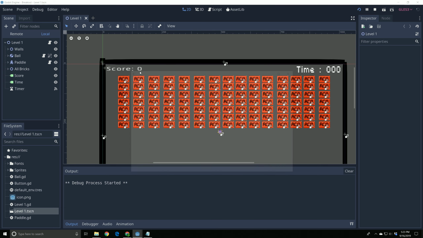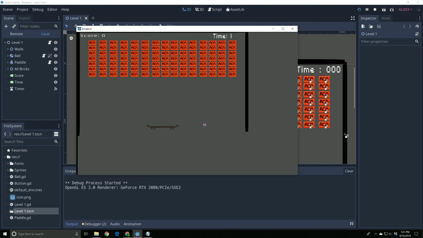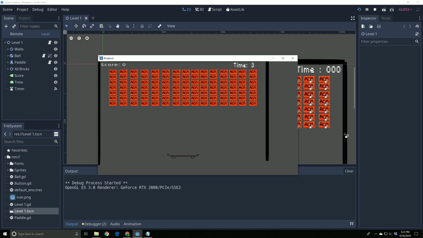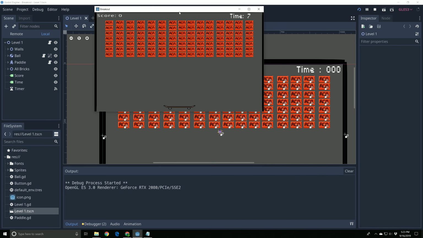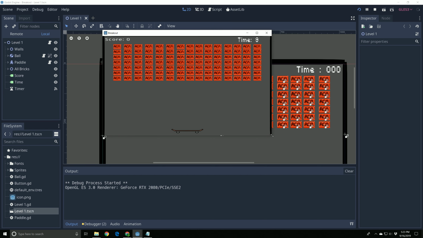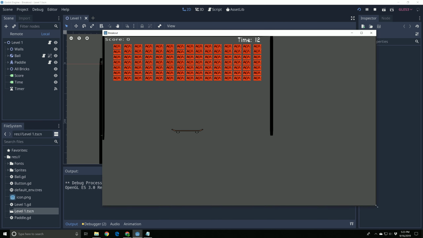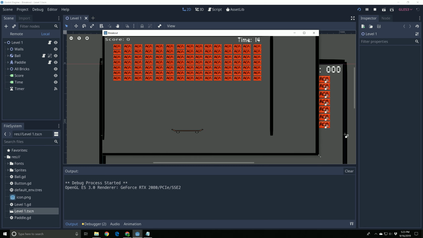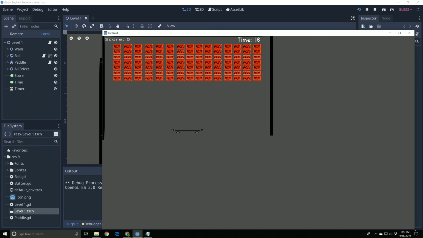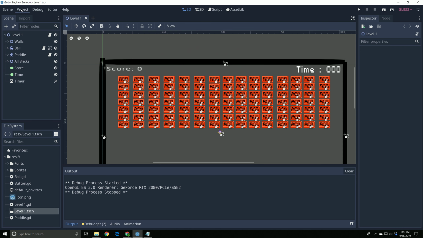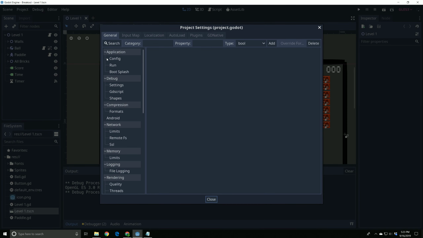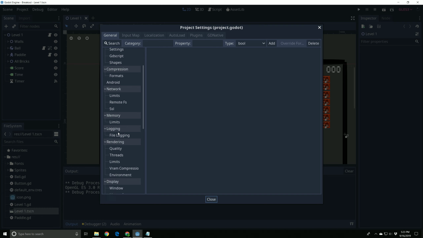You can see that whenever I stretch my screen, it just lets me see more, and I can follow the ball going down. I want this to not do that. I want it to stretch and the game just get bigger whenever I stretch the screen so it fits my window. So what we're going to do is go to project settings, and you're looking for one that says